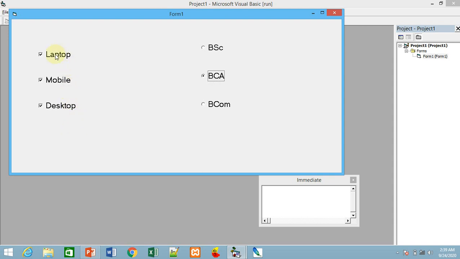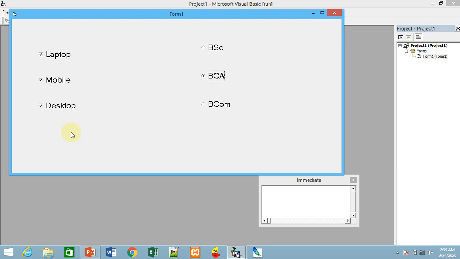One can purchase laptop, mobile, desktop at a time, or mobile and laptop, or laptop and desktop, or mobile and desktop, whatever may be the combination. The user may select any among the group. So in those cases you need to use this.